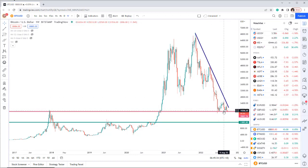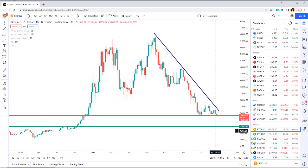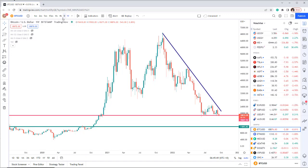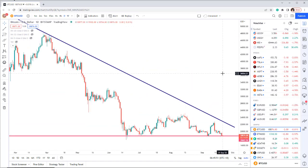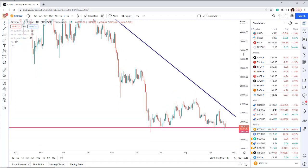So looking at this level through here on the good old Bitcoin, you can see that we're actually at this level of support. So if we start to break this level of support, look at this here. There's no support level. The next major support level is down here, right? So if I bring up my daily charts now and look at Bitcoin, that means that this level through here,